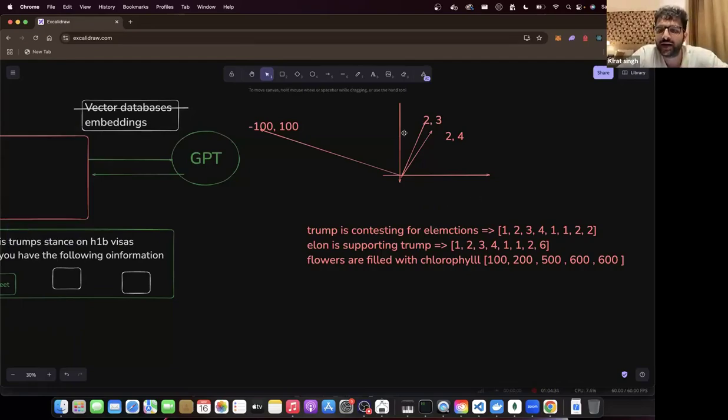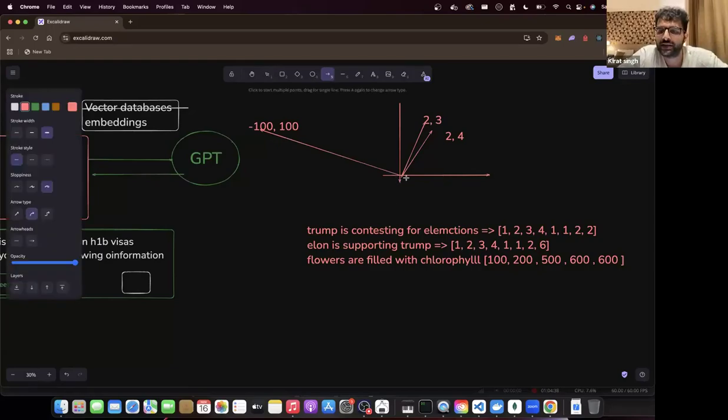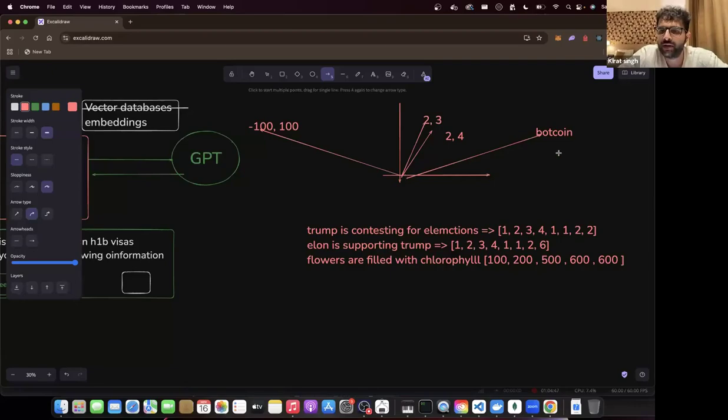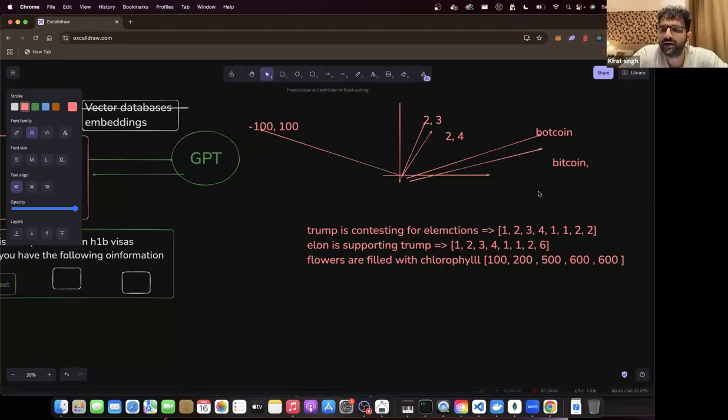Suppose here Trump and Elon are being talked about, and say there is another place where Trump, whatever, I don't know, Bitcoin, and here you are talking about Bitcoin, Elon. I repeat, you are talking about Trump over here, and its vector came out like this.